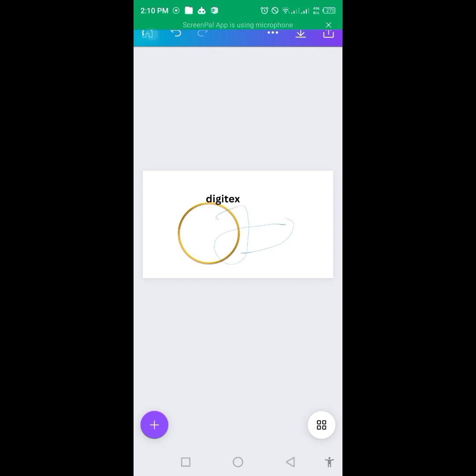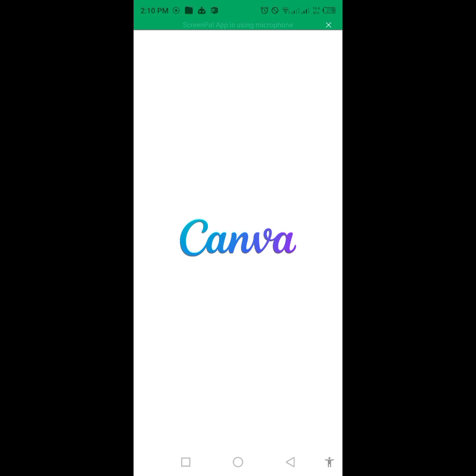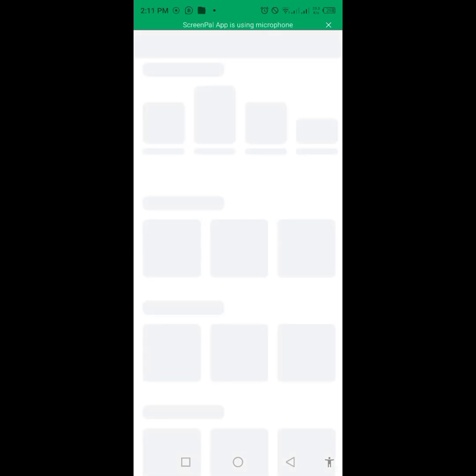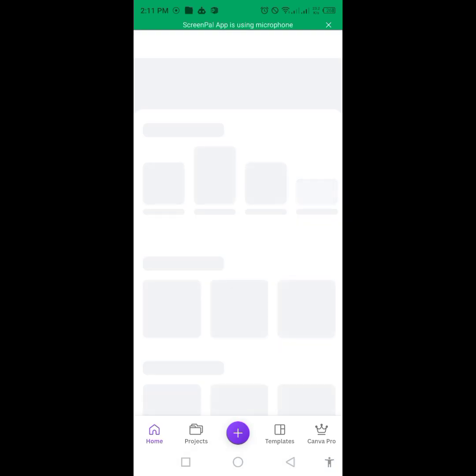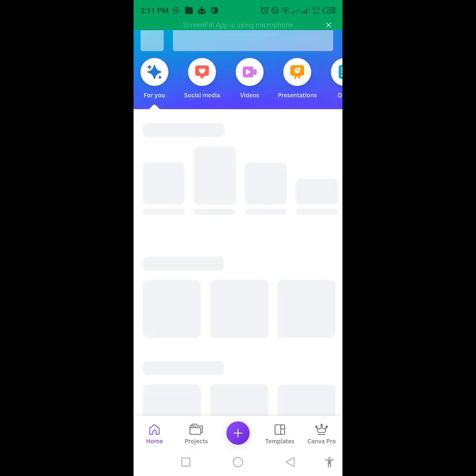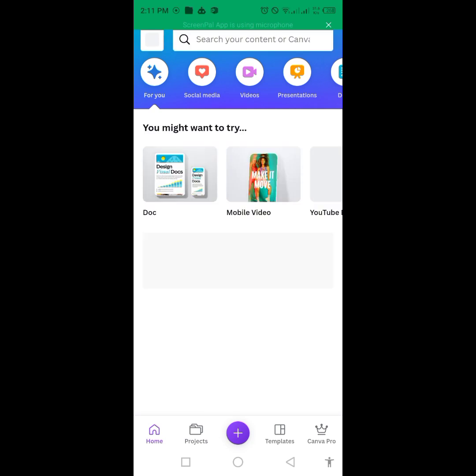So let's go to our home page. If you are working on a template, those are the resources you are going to be using to edit anything you want to edit on your Canva application. So I'm going to select just